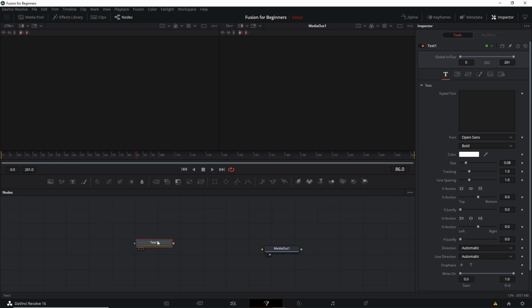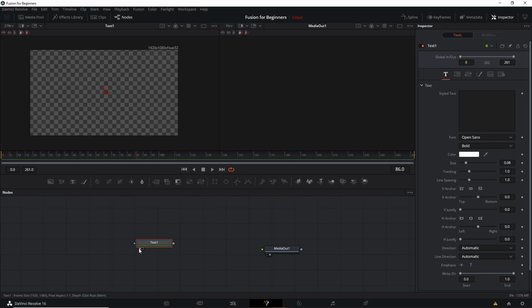So by clicking on the text plus node, we add that into our node composition, and we can click on left view in order to have that pop open on the top left preview window. So you can see here by default, we have just a transparent background. The resolution is the same as in our video timeline, and we can start typing in text. So we can put in here Fusion for beginners, and obviously we can change any of the properties for that